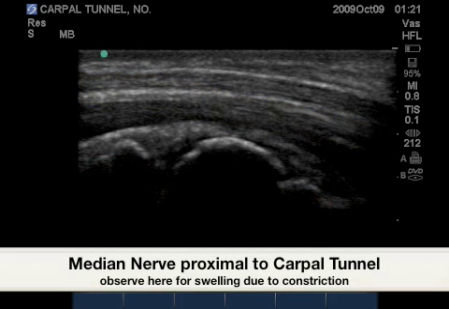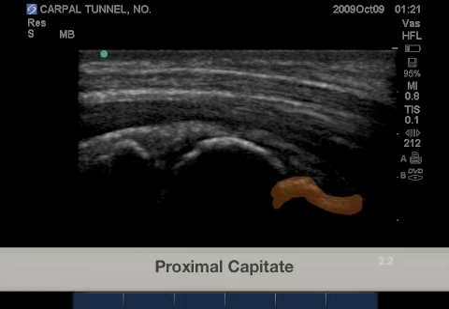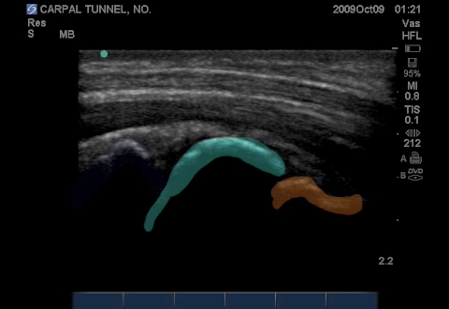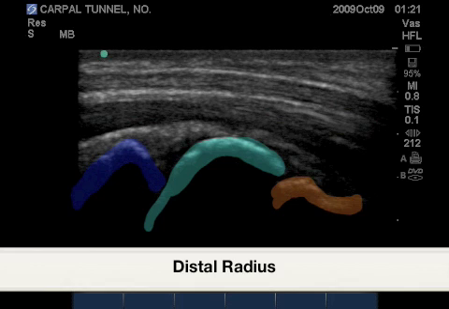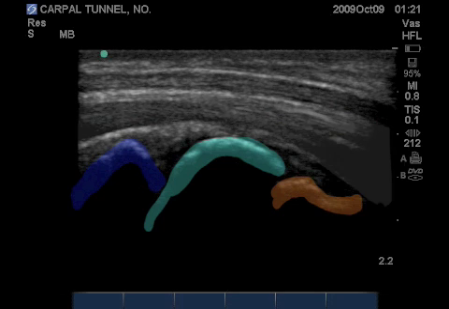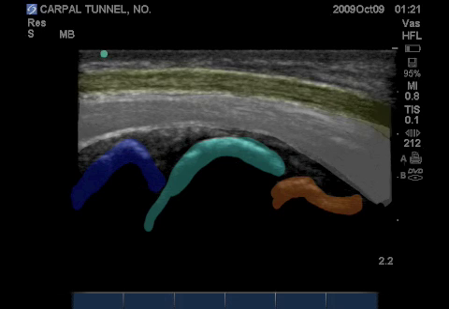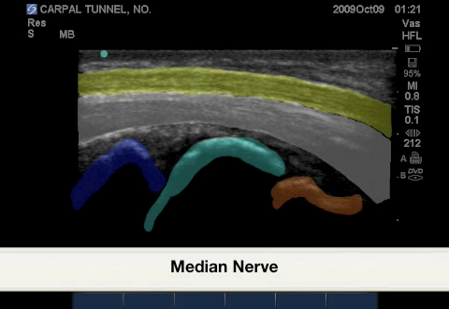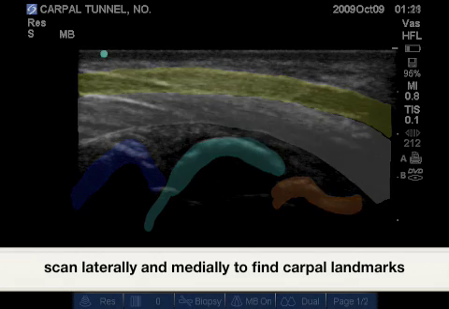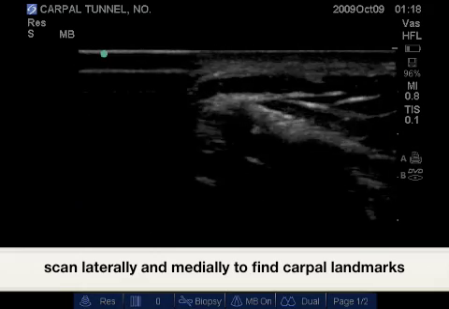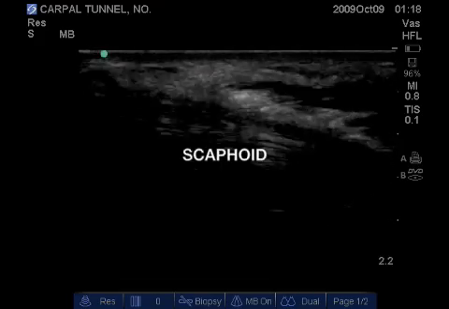Seen here is the proximal carpal tunnel. Highlighted is the proximal capitate surface, lunate surface, and distal radius in blue. As seen before, we have the deep and superficial flexor tendons, followed by the yellow representing the median nerve. To confirm position within the true carpal tunnel, scan medial to lateral for the bony prominences such as the scaphoid